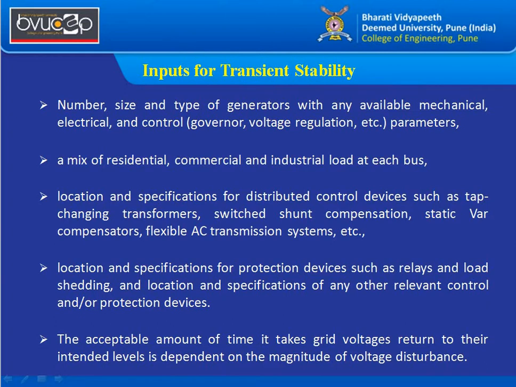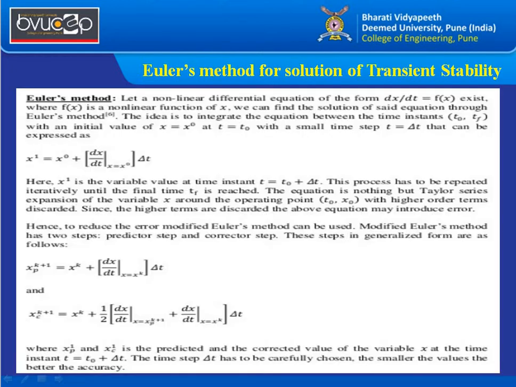So location and specification of FACTS devices, static VAR compensation, location and specification of protective devices, load shedding, location and other control protective devices. The amount of time it takes for grid voltages to return to their intended level is dependent upon the magnitude of voltage disturbance. So if the voltage disturbance is well within the limits, there is very little disturbance, so it would take very little time to recover back to the system. If the system is not brought back to the normal state,